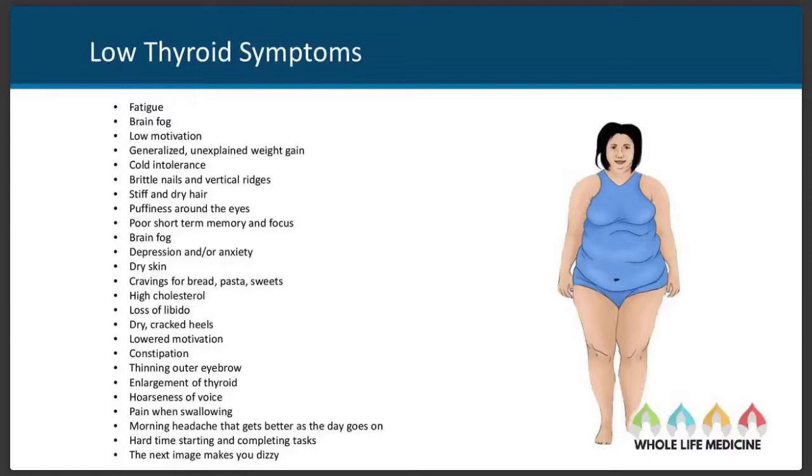Low thyroid in particular will have cold intolerance, brittle nails and vertical ridges in the nails, stiff and dry hair, puffiness around the eyes, a poor short-term memory and poor focus, brain fog, depression or anxiety, dry skin, and cravings for carby things like bread or pasta and sweets, high cholesterol, not the greatest libido, a tendency to have cracked or dry heels, low, I already said low motivation, sorry, constipation,